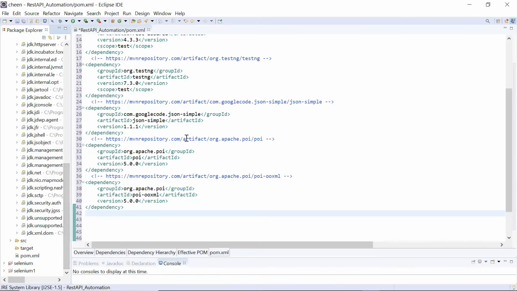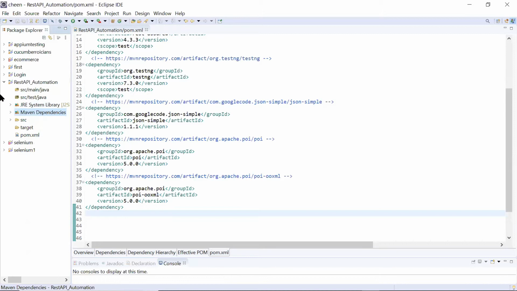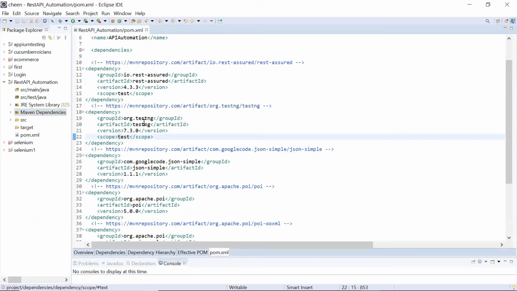Now let's say Control S, save it. When you go to Maven dependencies, you will see all of them. You can collapse it. That's it. Here, if you want, guys, for testng, instead of test, you can change it to compile. Then it can compile your test cases. So we'll write compile here. And now it's very simple. We'll go to our src test Java and start making our project.